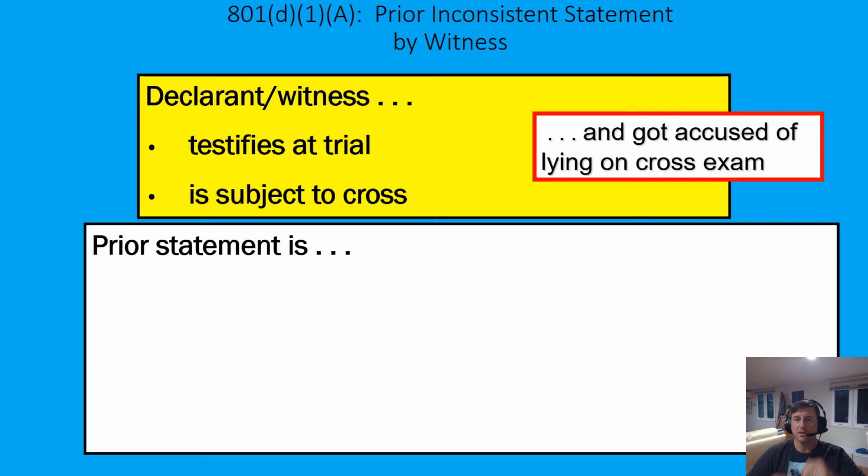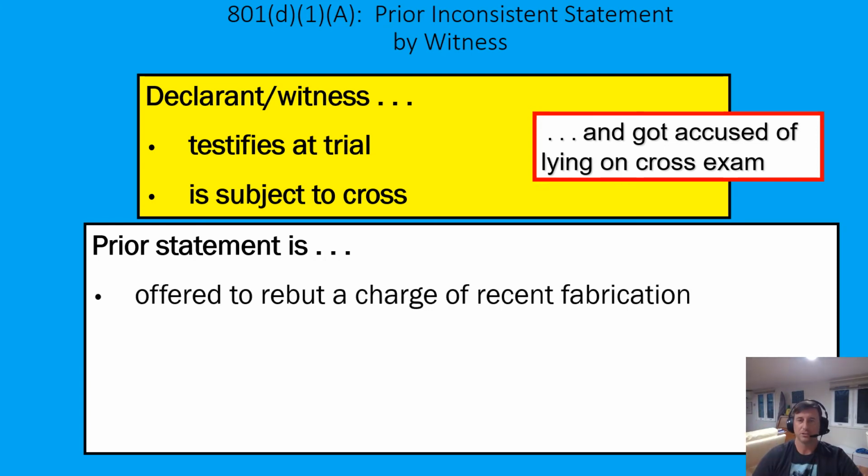So I'm accused of lying, I'm accused of this bias, and it's connected to a certain date of June of the year, 6 months before this trial. Well, we could introduce a prior consistent statement to rebut that charge of recent fabrication. Awkward language, but really what it means